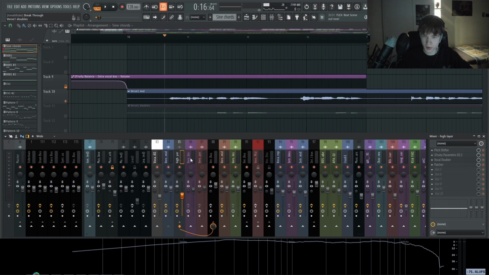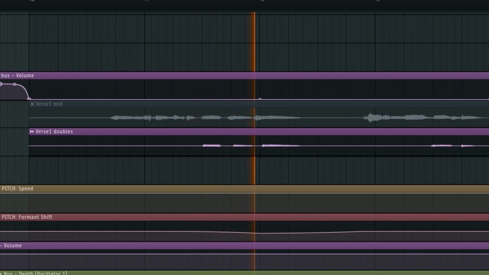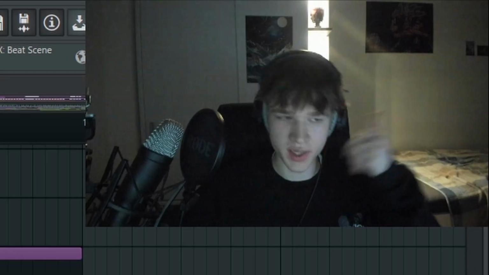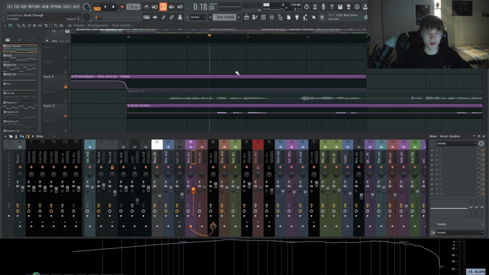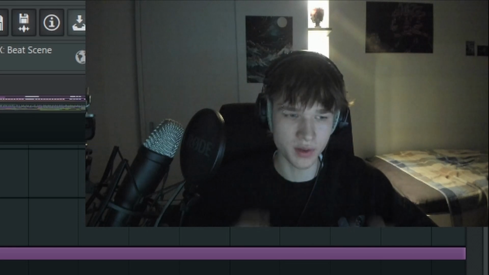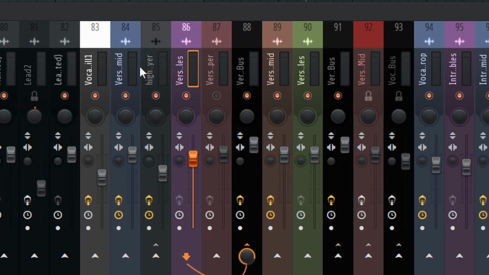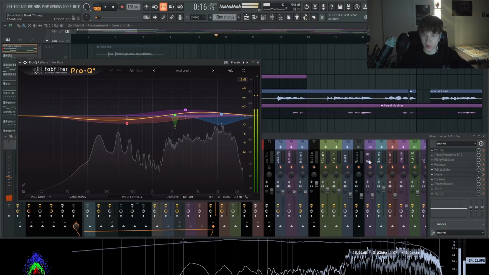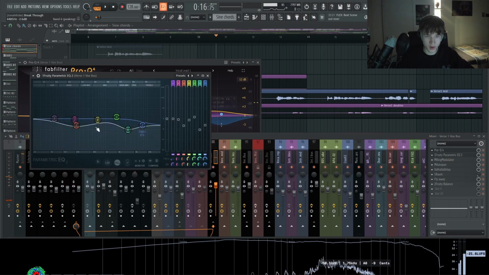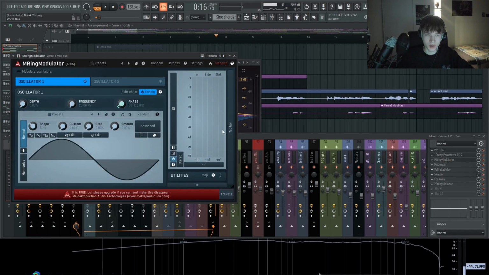And then I also have the doubles. Back in time. It's just like one take left, one take right. It's a classic, right? Super effective. I cut out all the S sounds because I wanted the S only to be in the middle. So I have these three layers and I routed all of them into one vocal bus. I have one dynamic EQ on here, one normal EQ, and then it's mostly automations.